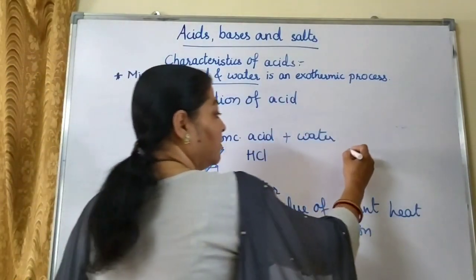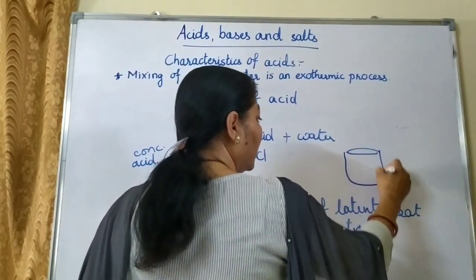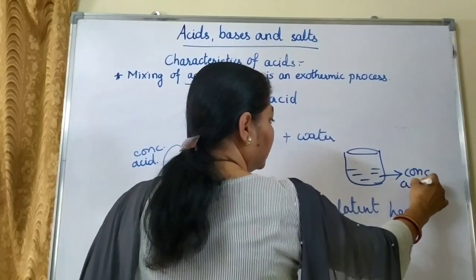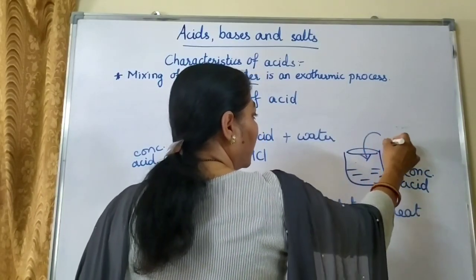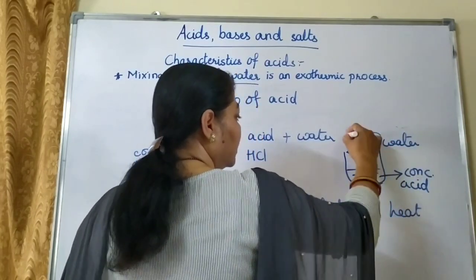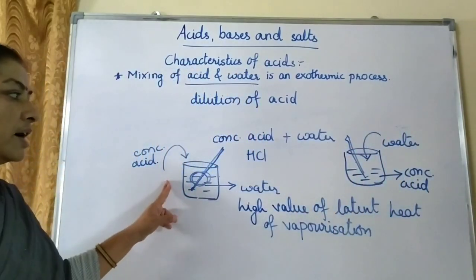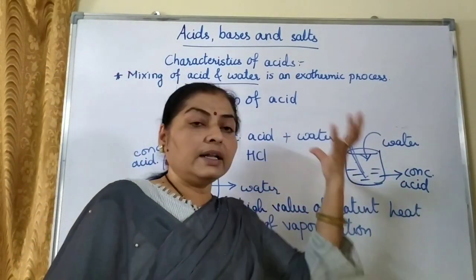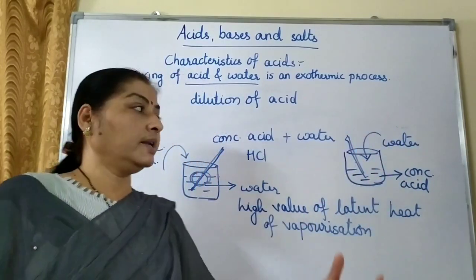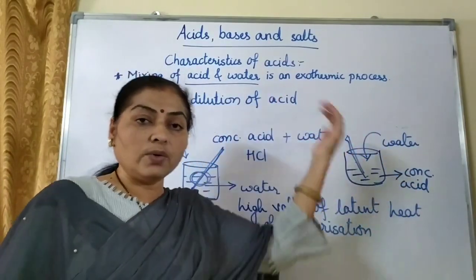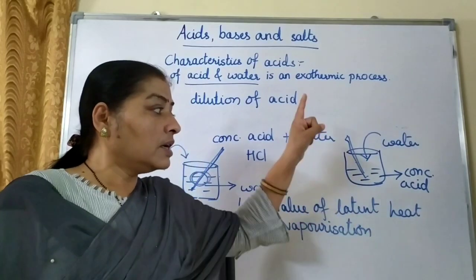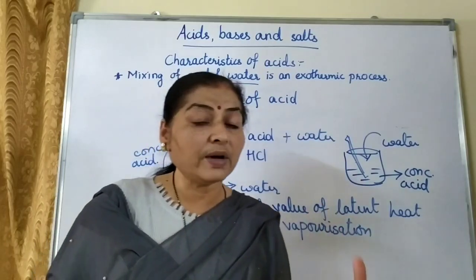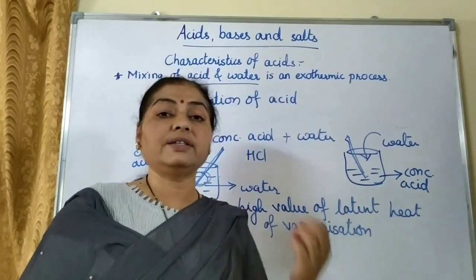Now if we do the other way, what is the other way? If here we take acid, so this is concentrated acid, and if we are adding water to it and then we stir it, we have done exactly the opposite thing. What will happen, children? Here in the container acid is there, so acid is more in quantity in the container, and water we are adding slowly from outside. So what will happen? The concentrated acid which is present in the container does not have the tendency to absorb that high quantity of heat which is released.